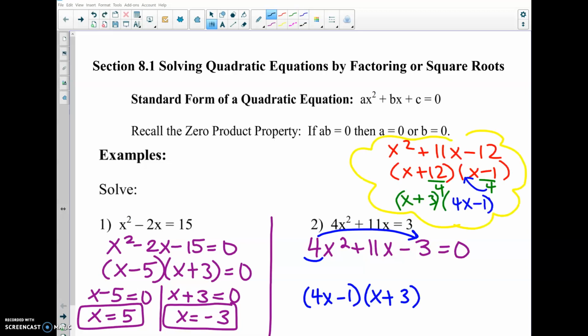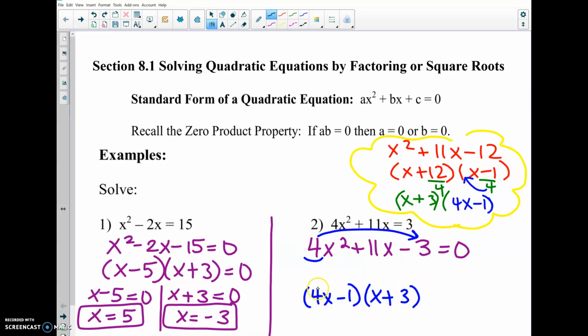If you need help factoring for number 2, look up here in our little bubble. I moved the 4 to multiply to the negative 3 and got negative 12. Two things that multiply to get negative 12 and their difference is positive 11, so positive 12, negative 1. Since the 4 is involved, you have to divide both of them by 4. 12 divided by 4 is 3. However, 1/4 can't stay. You have to move the 4 back in the front,